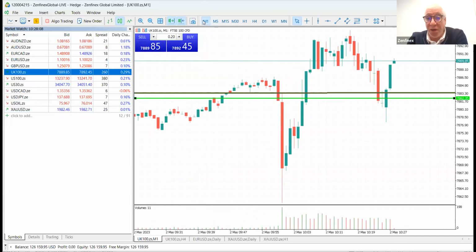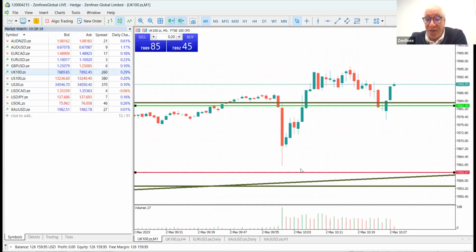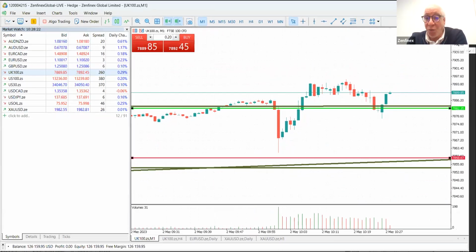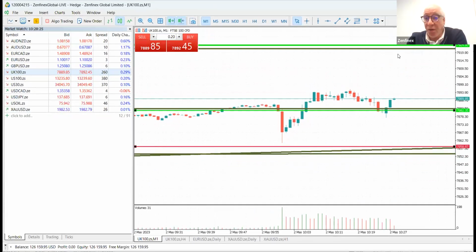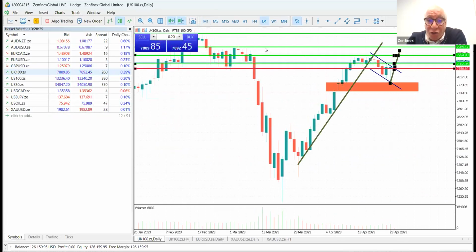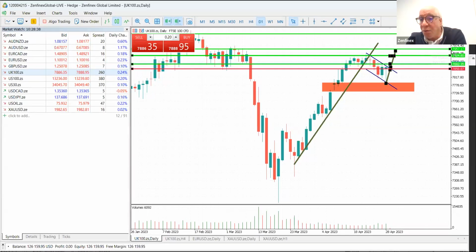Let's go back to that minute time frame. So look, it's done exactly what we thought. It came back to 82. It went a little bit further, but remember, our stop loss is down here somewhere. So we'd be in profit right now. And what I expect it to do is just pull out a little bit further there, just to make sure that my target is precise. So my target would be